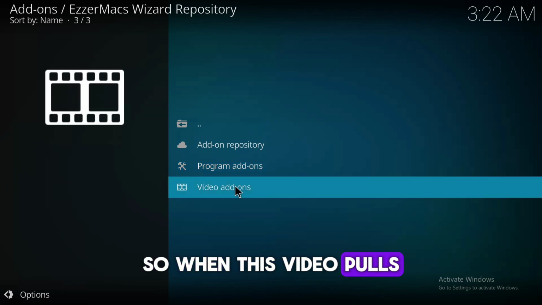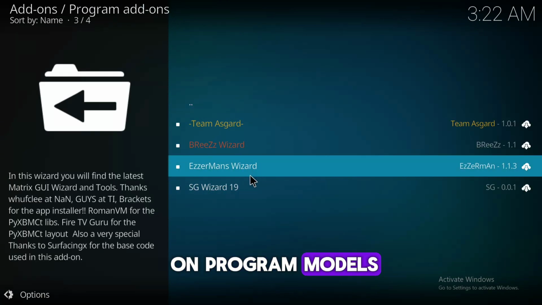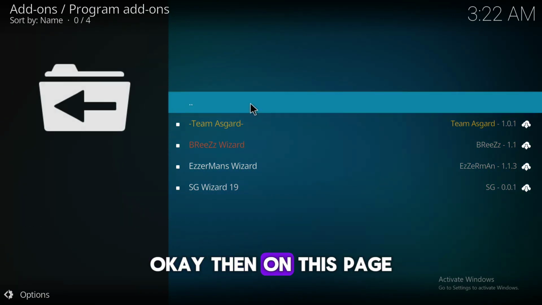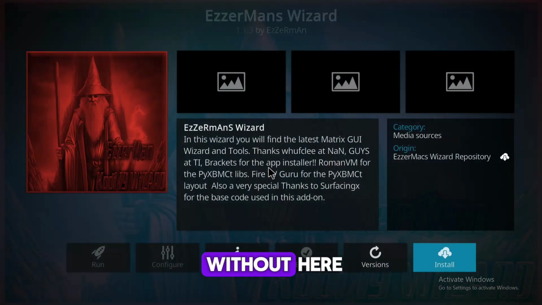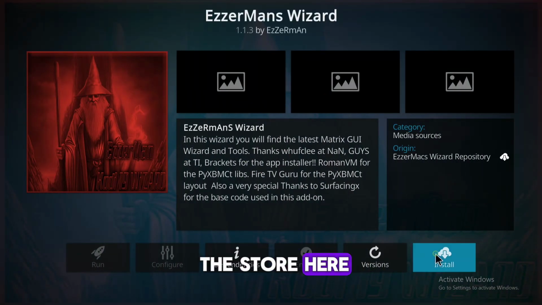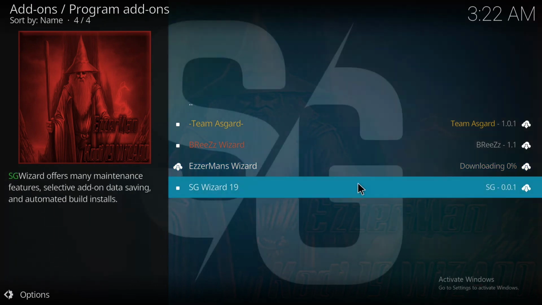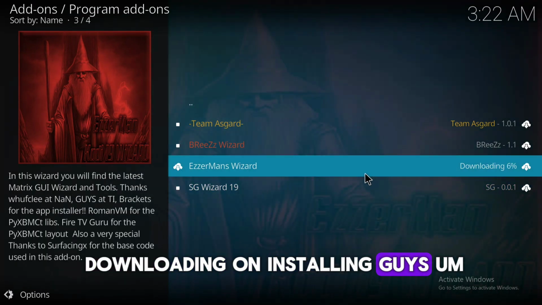When this page opens, I'm going to click on program add-ons. Then on this page I'm going to click on this Ezzerman wizard, and I'll click on install here. While it is downloading and installing, guys,